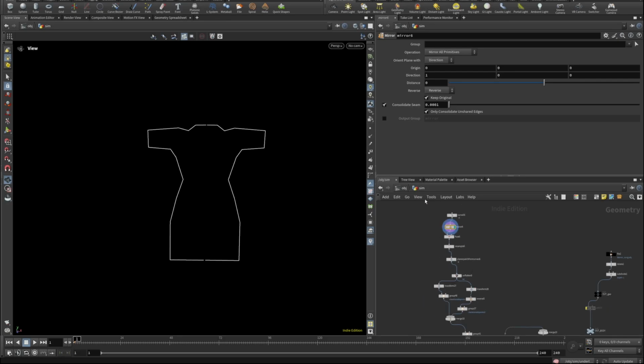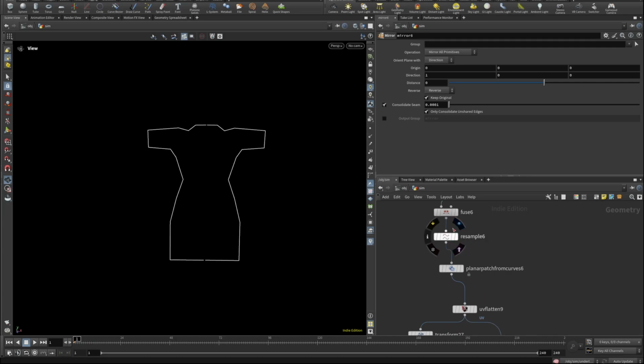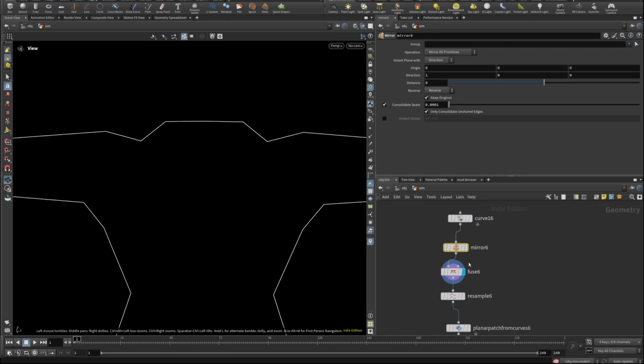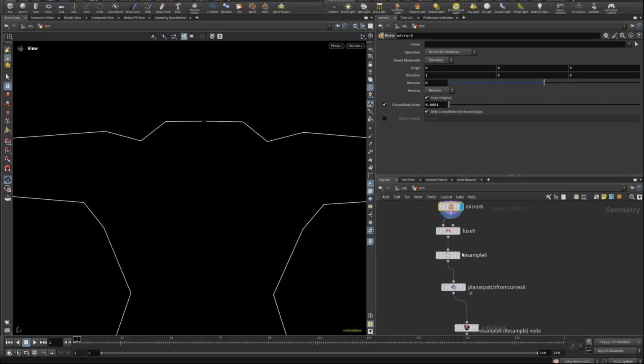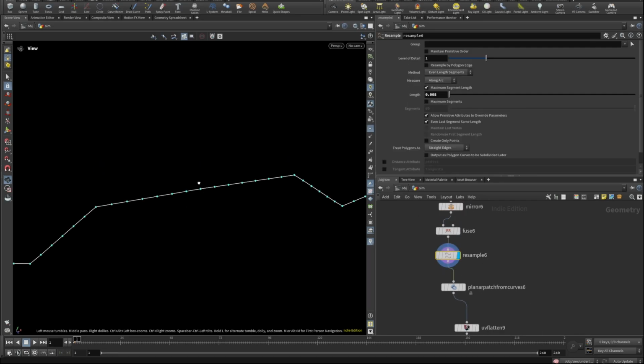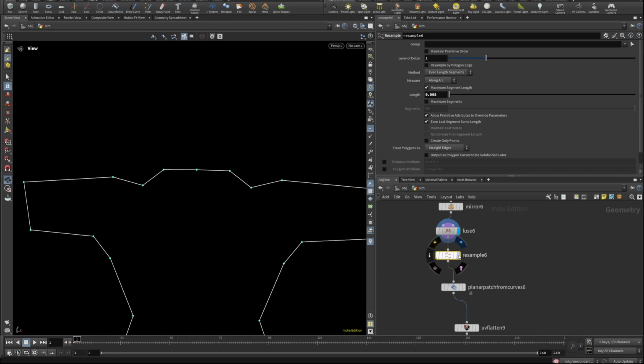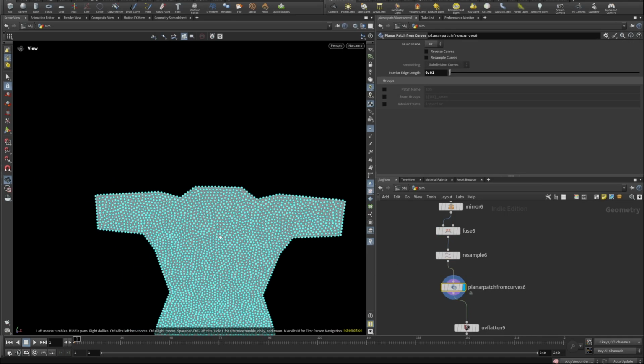That's not the actual name, that's just what I use for my project. And so the basic setup that I'm going to be using for the entire project is I will create some curves, mirror it, and fuse it so we can close up that gap. I'm going to resample the curves, and we can see that. So this is how it looks before resample, this is how I'm resampling it,